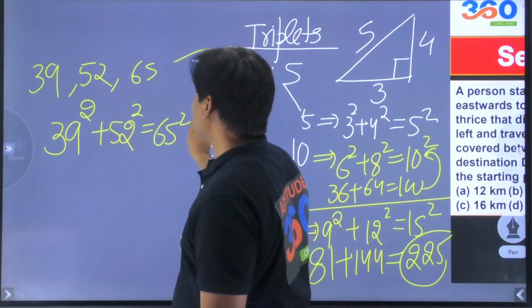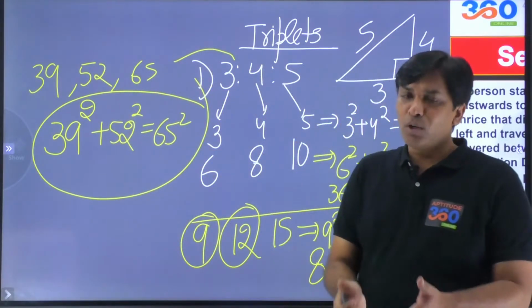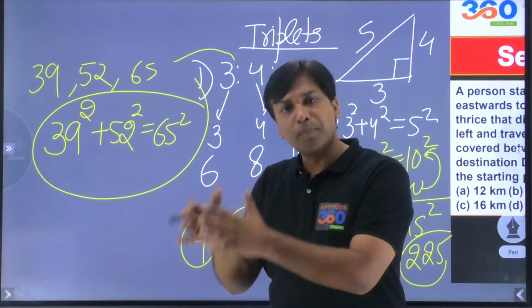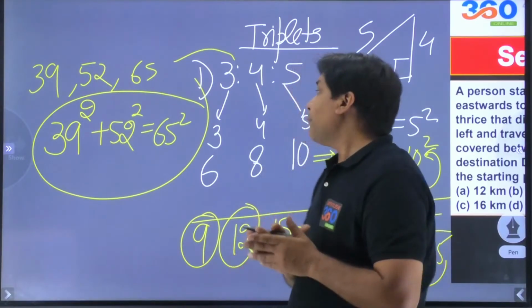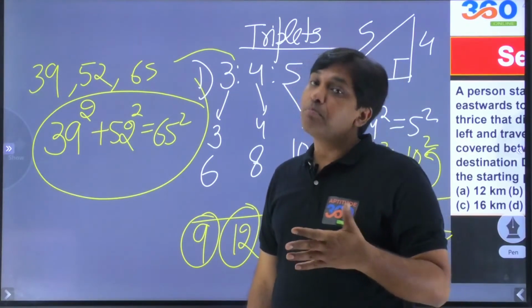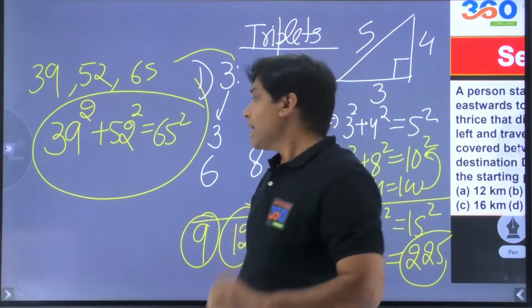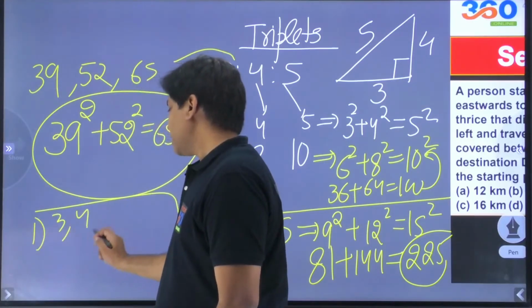Yes. Go find it out for yourself. That's pretty simple. What is it that I'm trying to say? That because now you know one such triplet, your calculations will go easy, right? How many such triplets exist? Plenty, many. But for your examination, I would say you should know the first triplet as 3 4 5, and